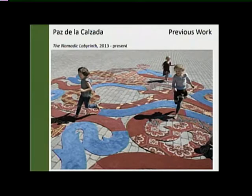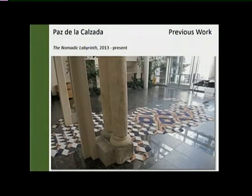Nomadic Labyrinth is an installation, private and public interactive-based project that consists of a large-scale labyrinth-like sculpture of precisely cut carpet. It's an ongoing project with a series of installations that not only explore the integration of drawing in architecture, but also serve as a walkable path for the public to explore as an urban meditation. The carpet pathways are represented as an installation on the floor of a street, gallery, or any other alternative space. The public and community members are invited to explore, walk, and meditate in the labyrinth and experience art as a transformative tool. Another example of her previous work,